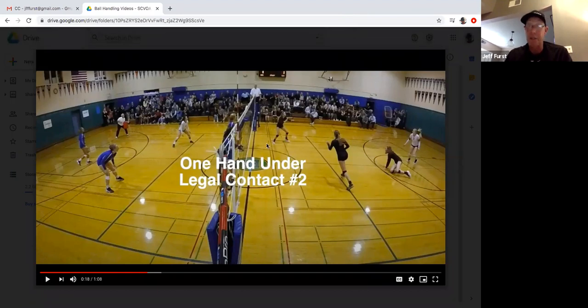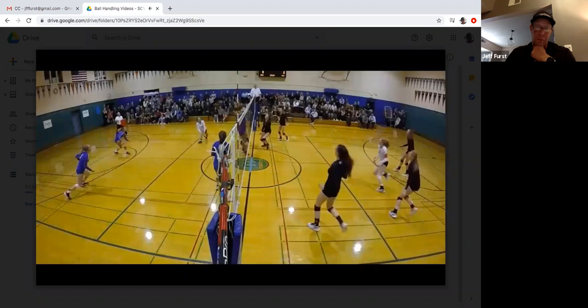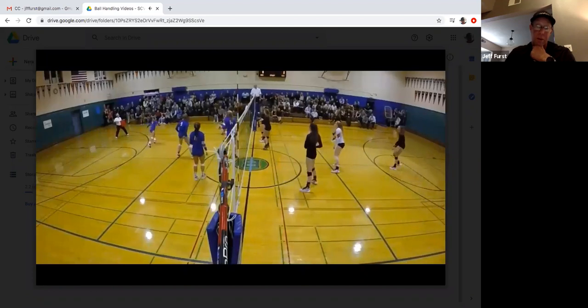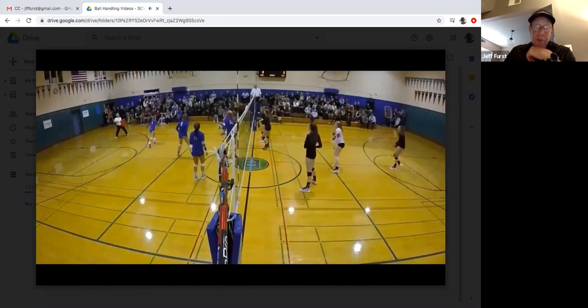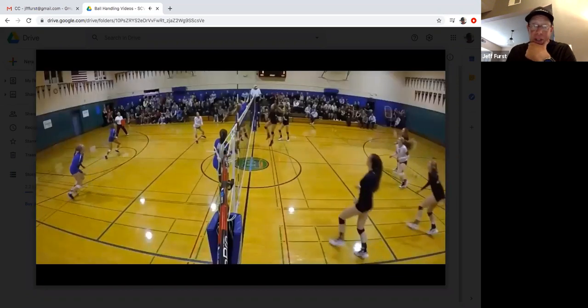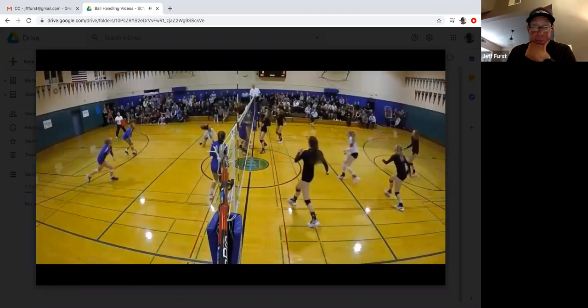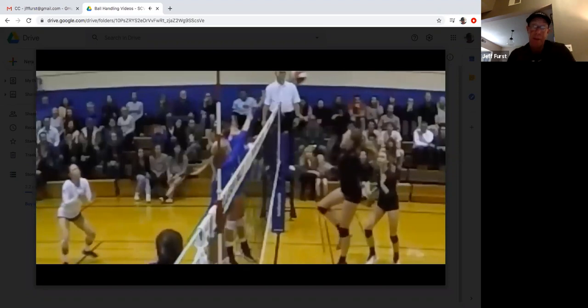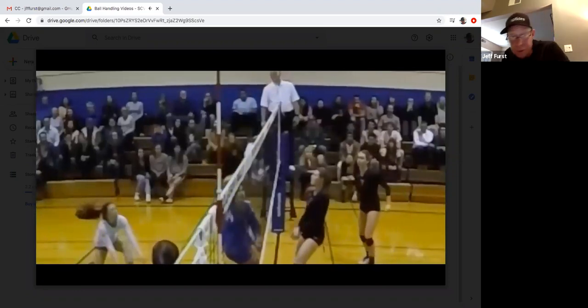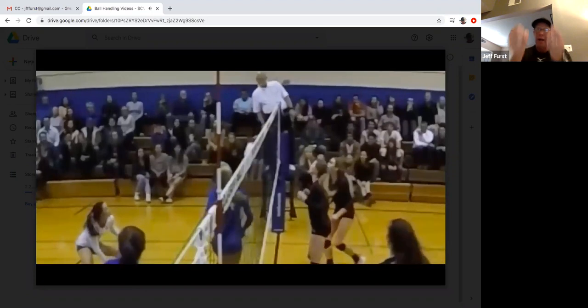All right, and then that's obviously a block and then a play on the ball, which is legal, being that the contact we're counting now after the block is the first contact. I think they're going to come in tighter here in a minute. Slow it down. Here we go. All right. You have the touch, and then the other. Now,